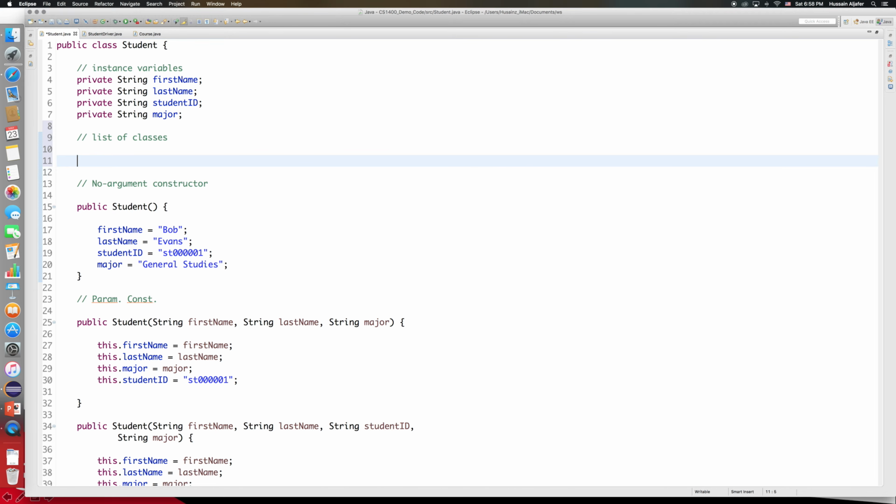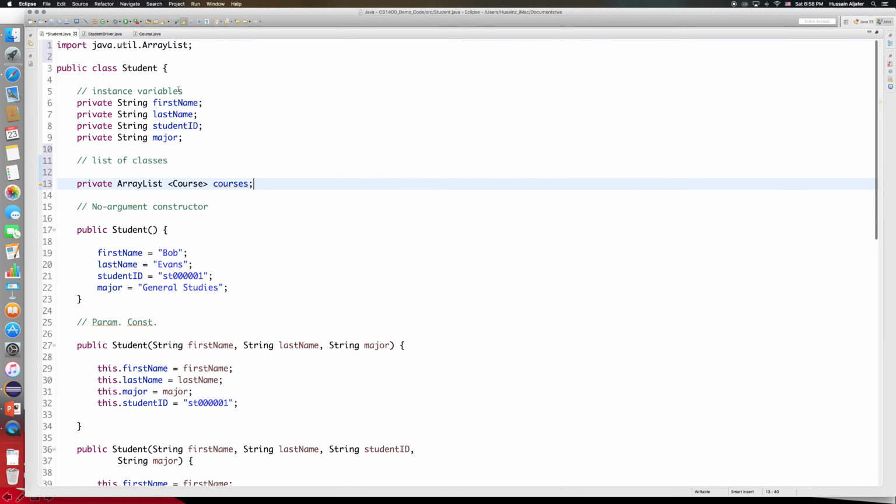So what I will do is I'll create a private array list, and the array list is going to include courses, so it's going to be of type course, and let me just give it a name. I'm going to call it courses. And I just need to import the array lists in here. So import